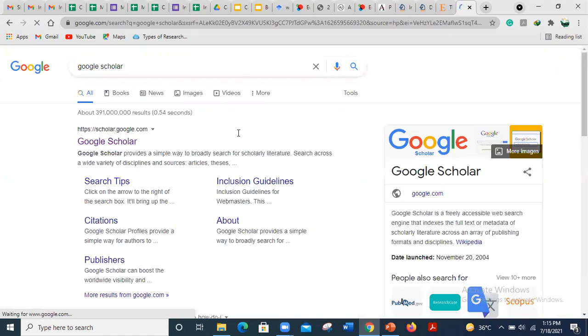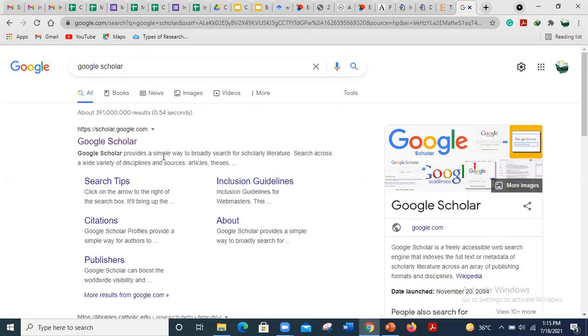What is Google Scholar? Google Scholar is basically a search engine which provides a simple way to broadly search for scholarly literature. All right, it is a platform, a search engine where we can find our research articles.